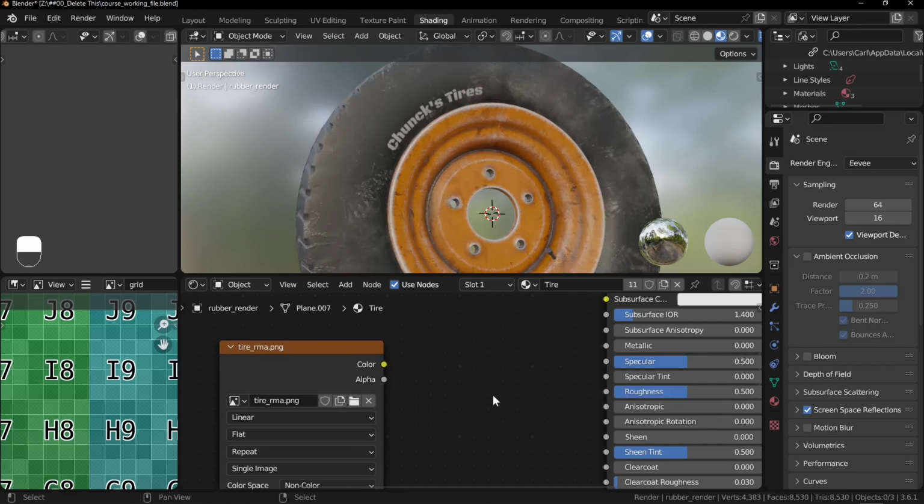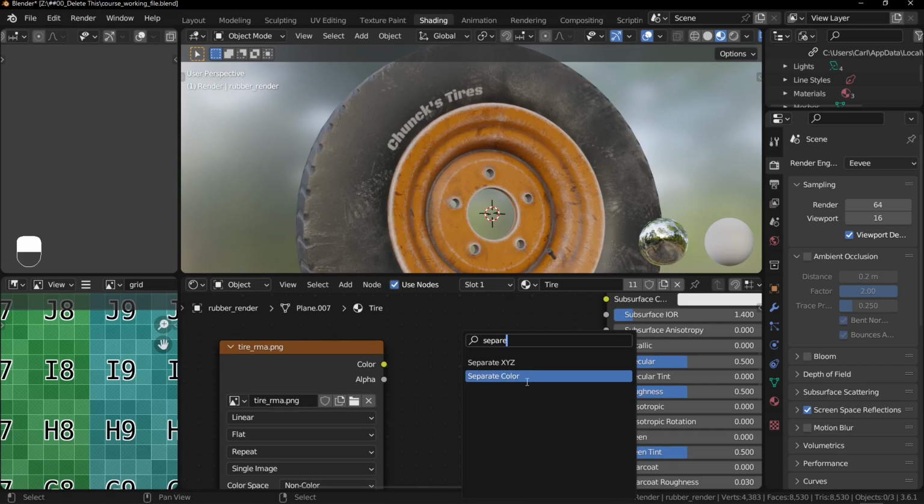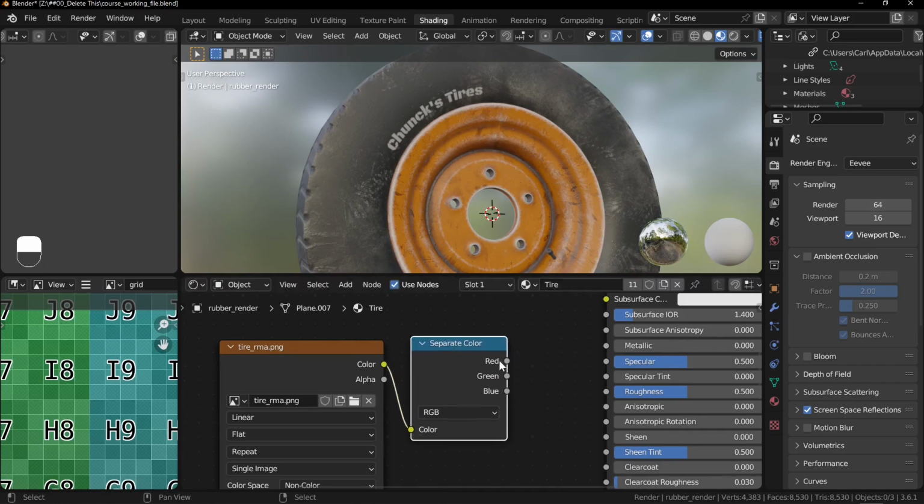So instead what we'll have to do is search for a Separate RGB, or Separate Color I guess, node is what it's called. So now if I bring this in, we'll be able to individually select the red, green, and blue channels. So I can plug in the red for our roughness, the green for our metallic,